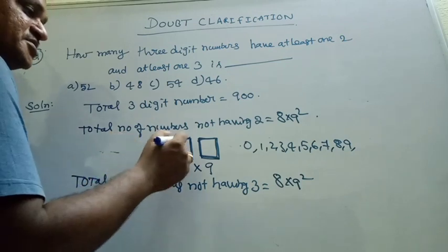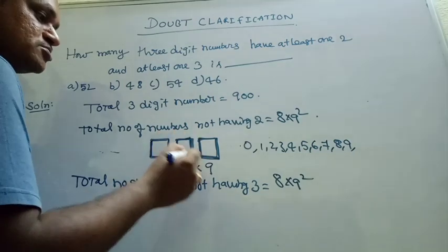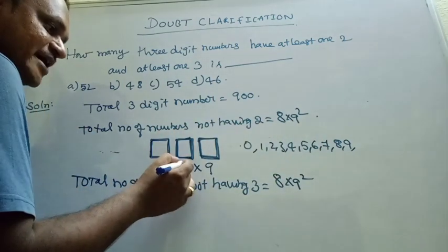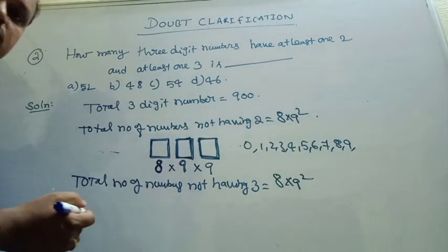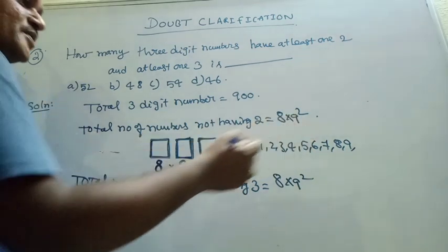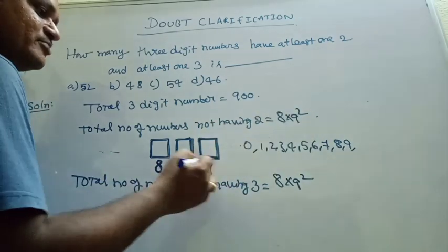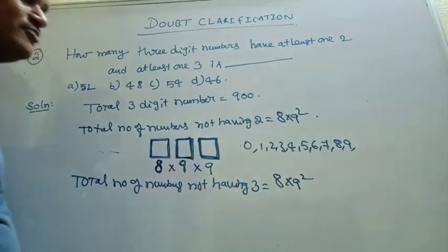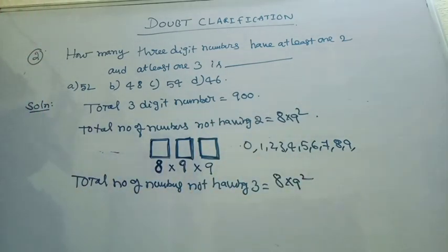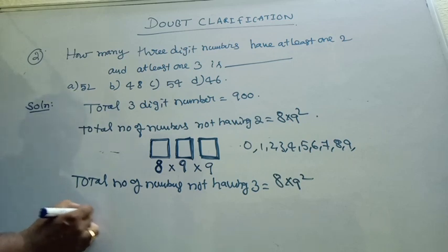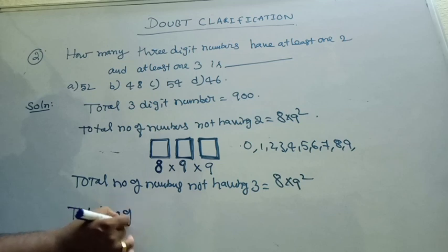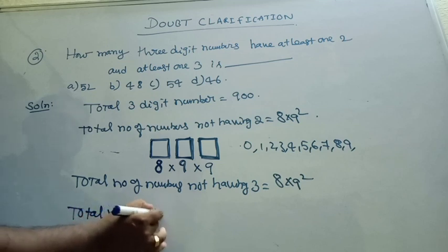Now for tens digit you should not use 3. You should not use 3 means remaining 9 digits, so 9 possibilities we have here. For unit digit also you should not use 3. That means remaining 9 you can use. That means 8 into 9 square we have here. Next, total number of 3-digit numbers